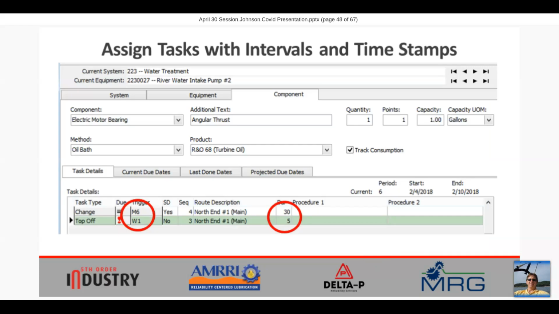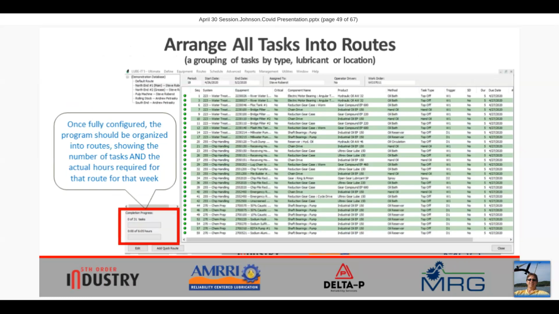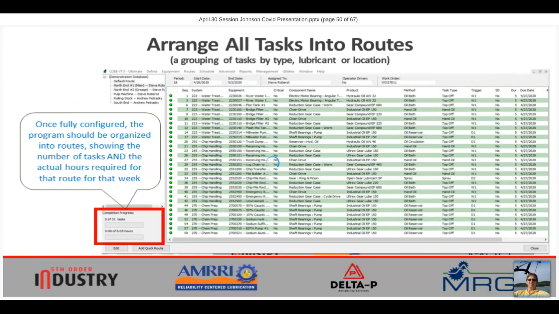Here's an example of electric motor bearing. We have oil lubricated motor bearing. They're going to change at a 6-month interval and allow for 30 minutes, top off on a weekly interval and allow for 5 minutes. Now, whatever the intervals are, whatever the time allocations are, it doesn't really matter to the computer when it's calculating up total labor requirement. So if we put those details into our work management system,